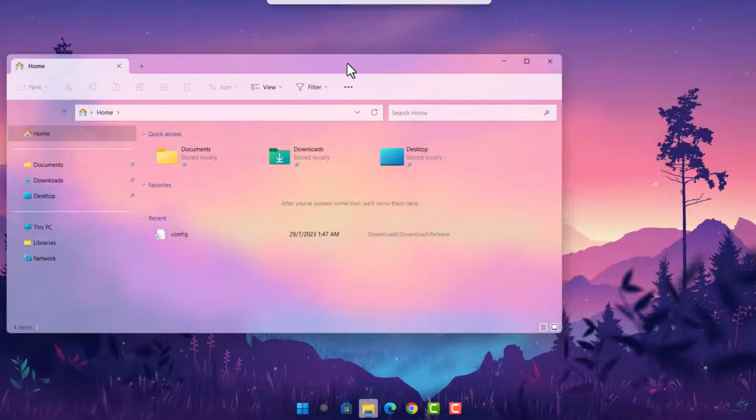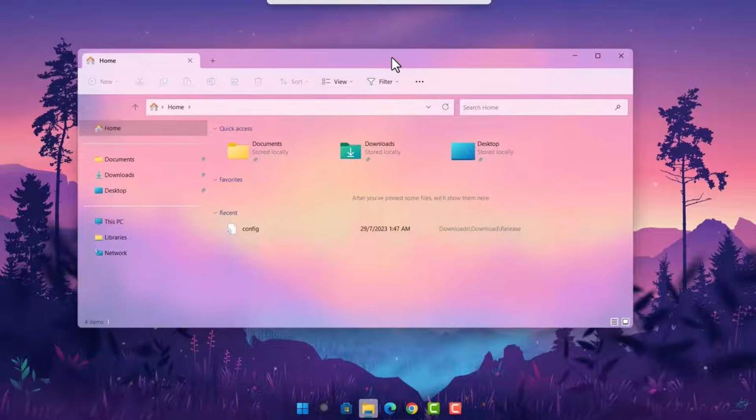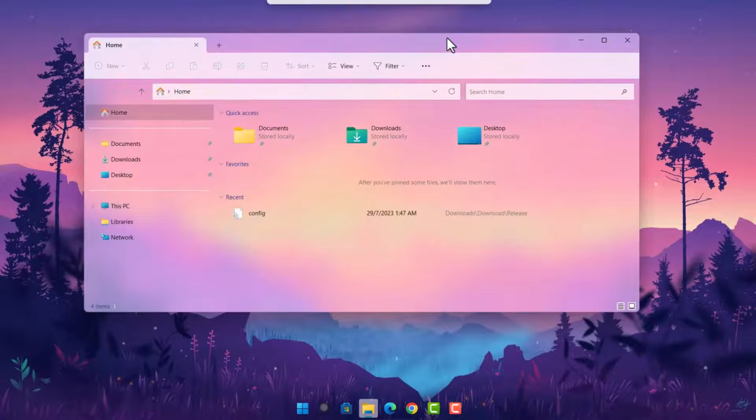As we can see, we have this nice translucent File Explorer. And the good thing about this, if you click away, it goes back to normal, okay? And it doesn't change until you go back here on top. It's just nice. Now if you're wondering how to uninstall this, let's say you don't want this anymore, we go